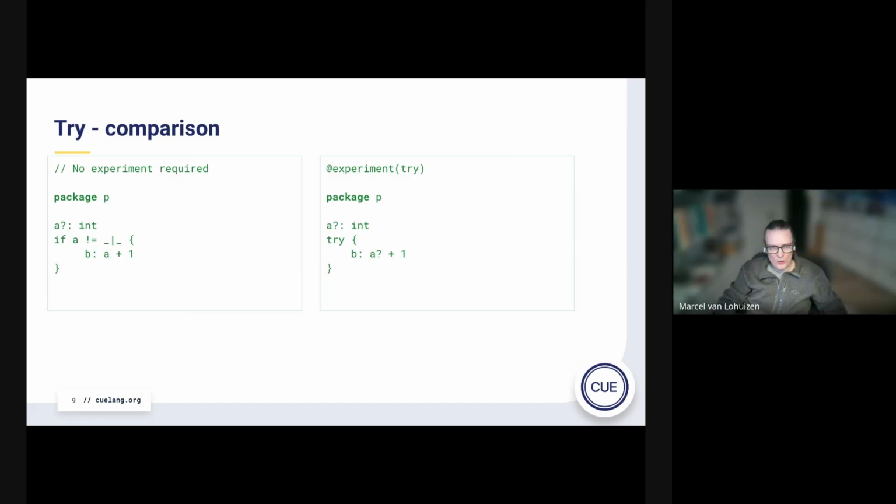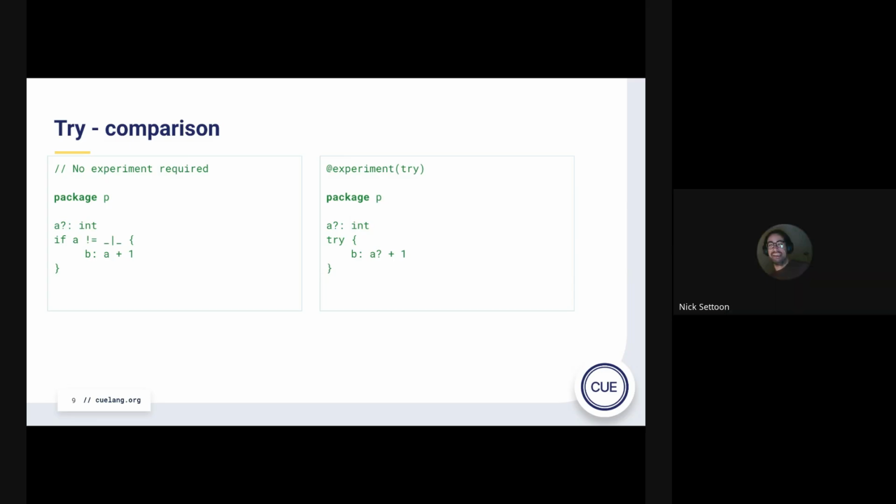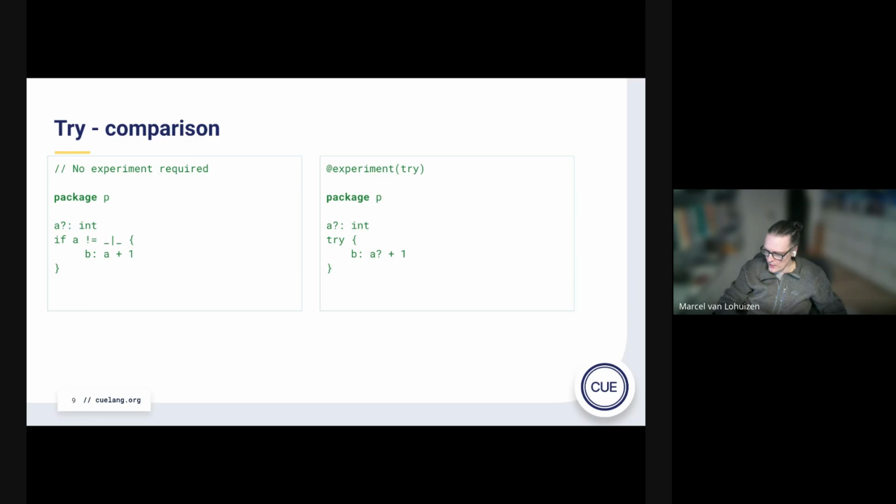Yeah, I mean, those are orthogonal concerns. You can even use in try, you can refer with the question mark, you can refer to required fields as well. Okay. So that all should interact. We have been looking at changing the default semantics. There are some error cases that would be better with some changed defaults, but we have to watch out that we're not getting into this layered default situation. But that's a whole separate discussion. So I would say this is all quite orthogonal.